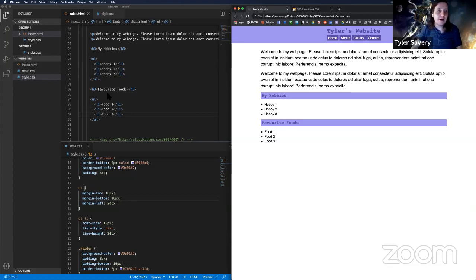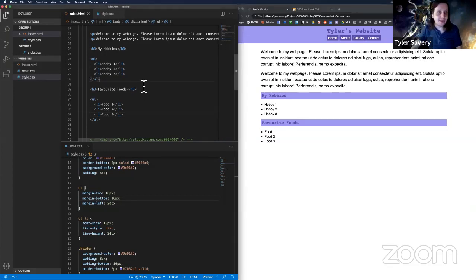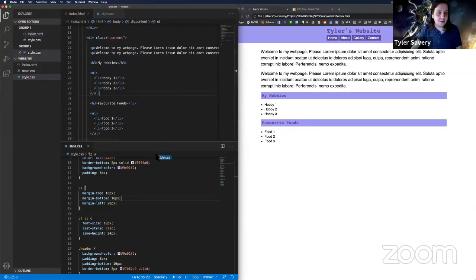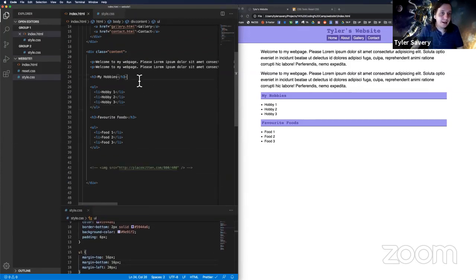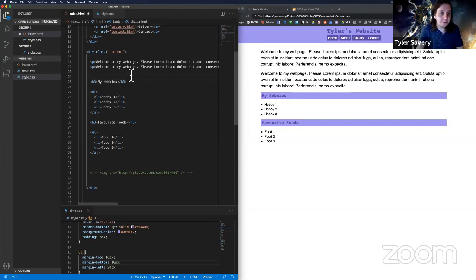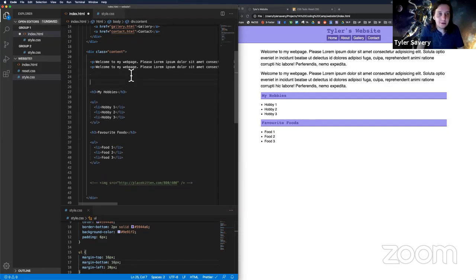So we're going to play around with a way to do that. I'm going to go back to my HTML. I'm going to move this. I'm just going to shrink this a little bit because we're not going to look at the CSS for a minute. And what I'm actually going to do is create a new kind of container for these things. And there are many different ways to do it, but